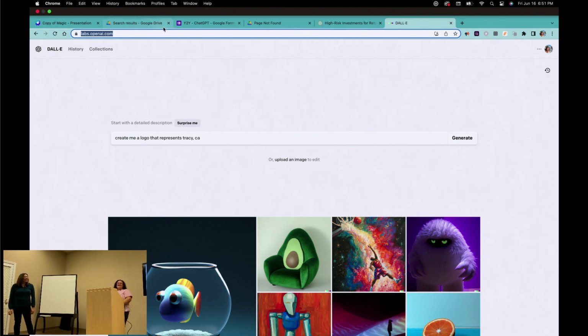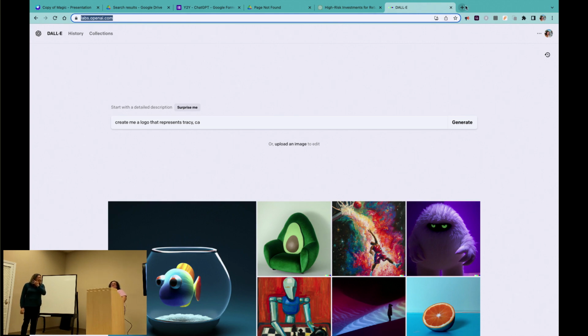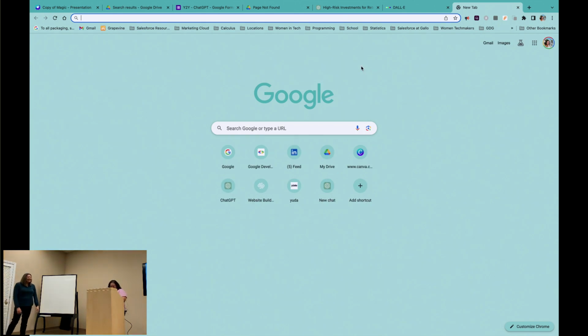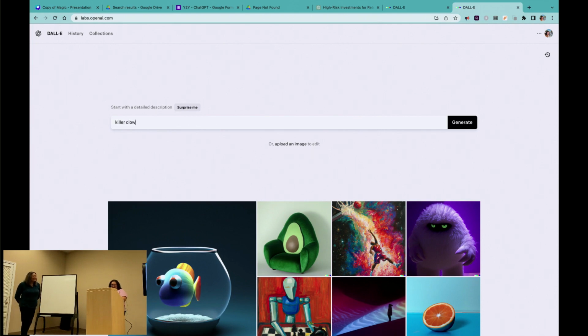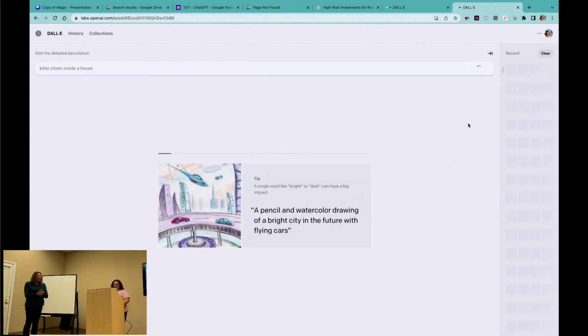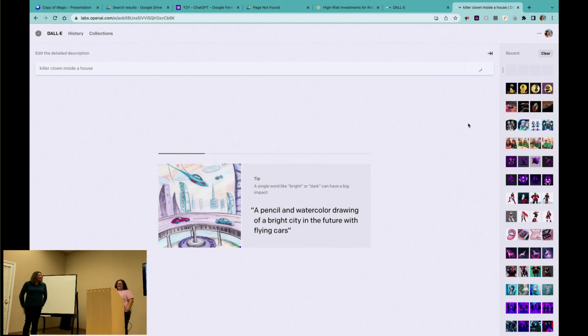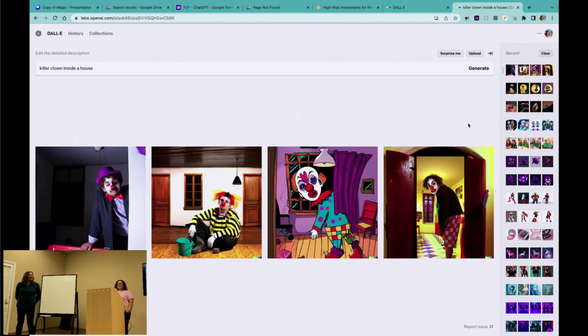Okay. A killer clown? Inside what? I don't teach her this stuff. And now you understand my earlier comment, right? And Merced, we were like, next time we're asking for a teacher to be present in the room. A killer clown inside a house. Let's do it. It doesn't look killer enough. I mean, yeah, that's okay. We don't want to do that.